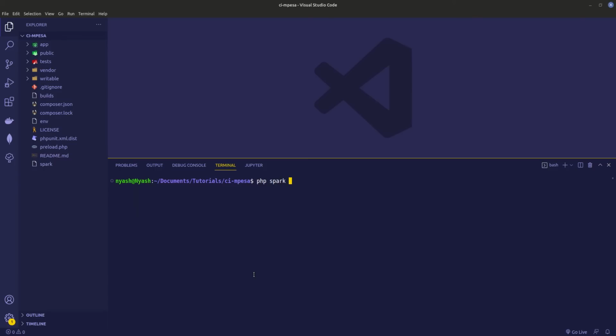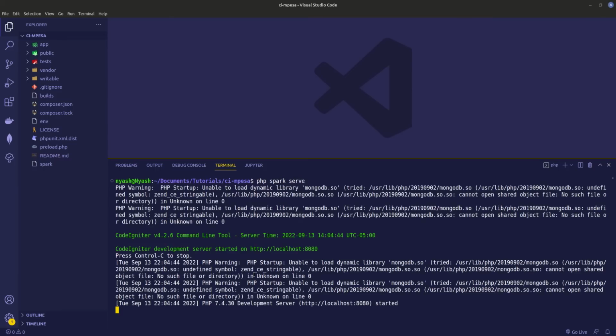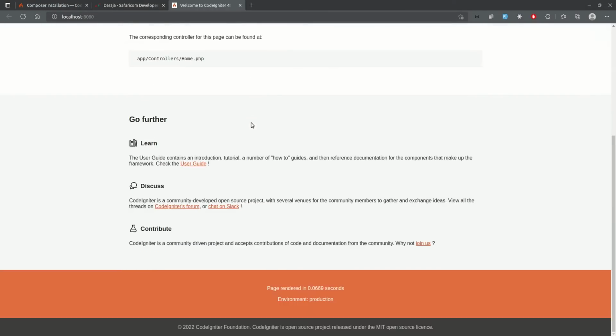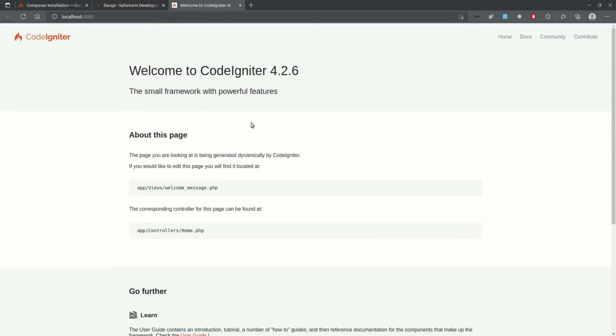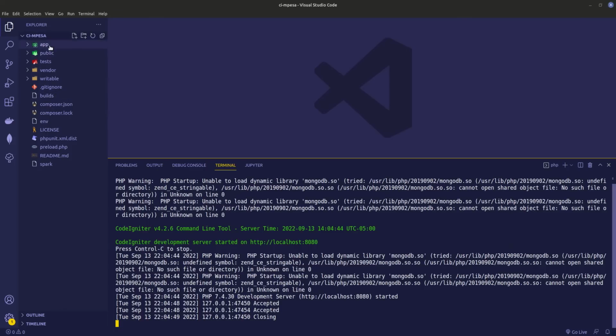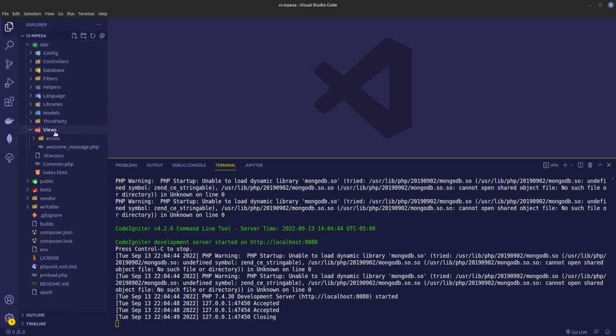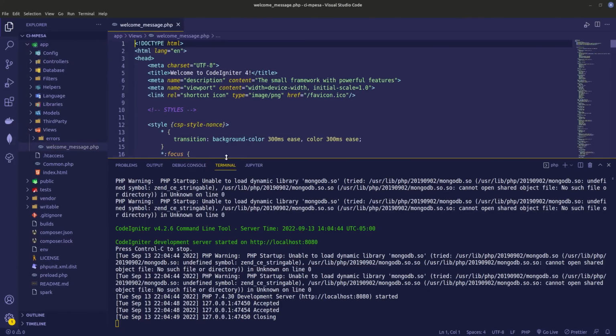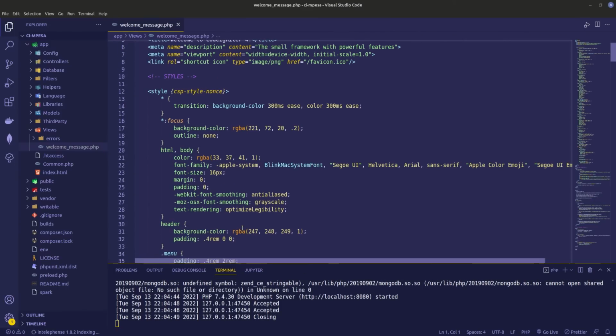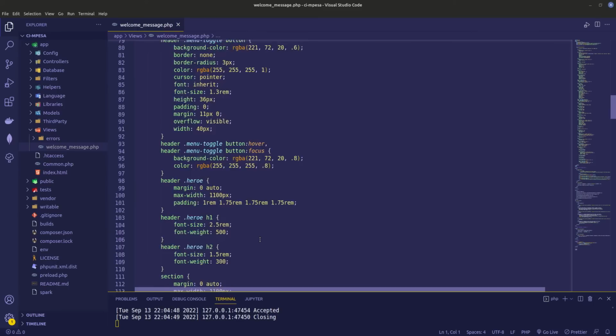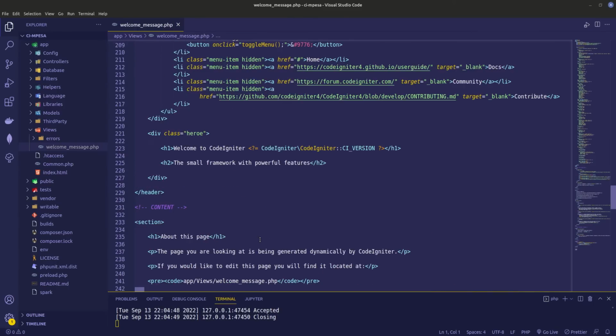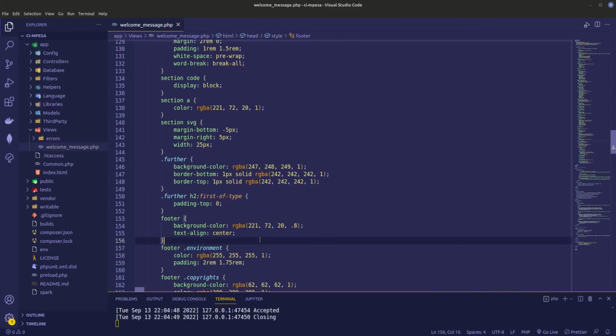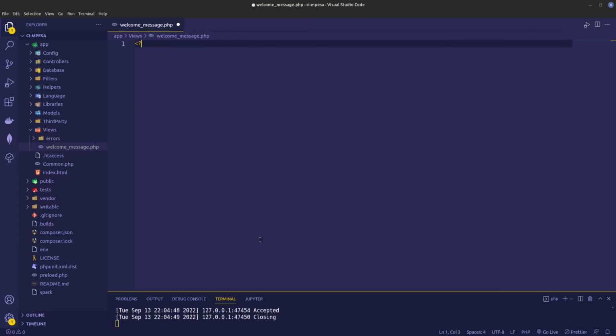So for me, today I want to run php spark serve like that, and my project will fire on port 88, and this is now my CodeIgniter running, as you can see. This is the landing page, and it's inside my app views. This project will not have a front end per se. We'll do a project later where we'll maybe build an e-commerce on the same, but this project will not have anything. So if you come here and just delete these and do PHP,